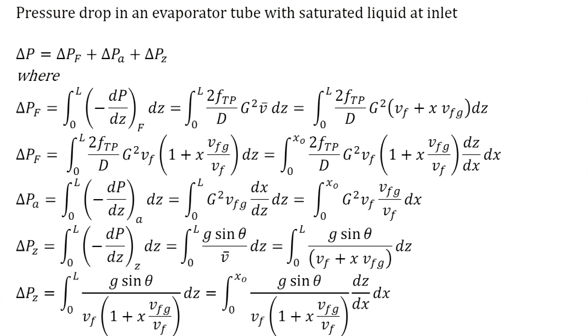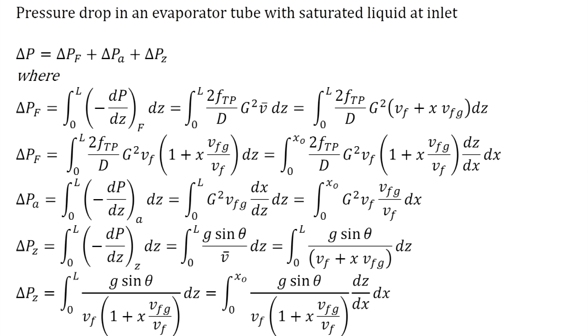With dP by dz we put a minus sign and then we integrate, and what we get is the decrease in the pressure. We usually calculate the decrease in pressure rather than increase in pressure, because usually there is decrease in pressure due to friction and due to gravity also, and many times due to acceleration also there is decrease in pressure. So, delta P_f is the integral from 0 to L of minus (dP by dz)_f dz,